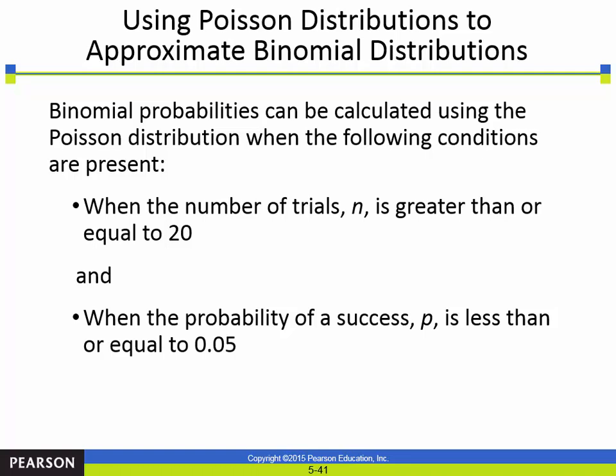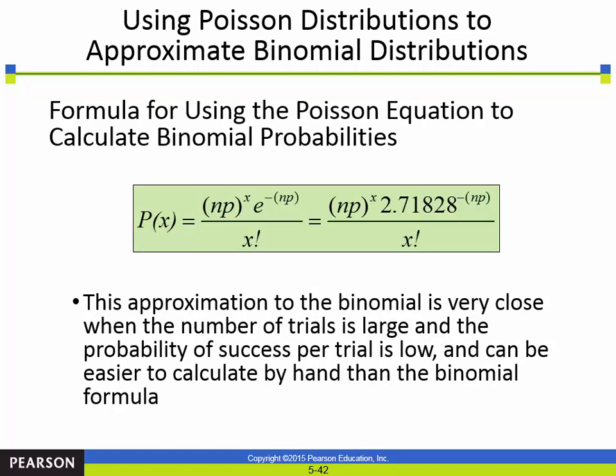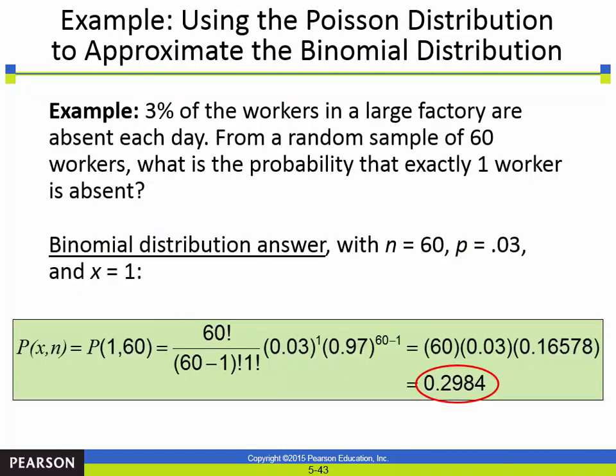I guess because it is a little bit simpler formula, and if you were doing it by hand, maybe that is where people came up with that. But now that we have Excel doing it all for us, we'll just use Excel. But they want you to know that. I could see some homework problem that says, use the Poisson process to estimate this binomial. And you're like, okay, bro, if that's what you want. There's the formula. That's the Poisson formula. They give you an example where they do it just using that formula.